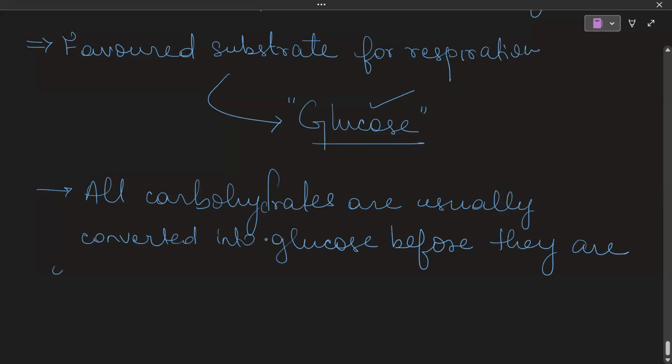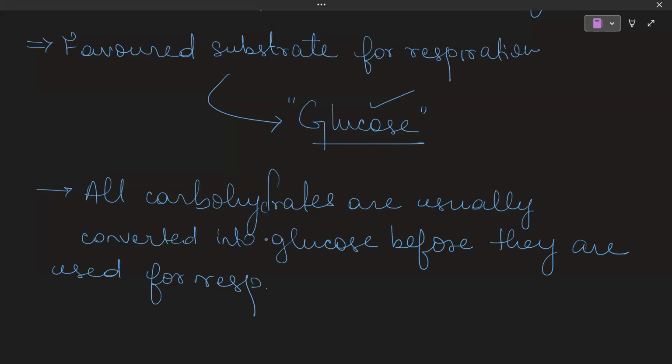Okay. Now, apart from carbohydrates, there are so many other molecules also,